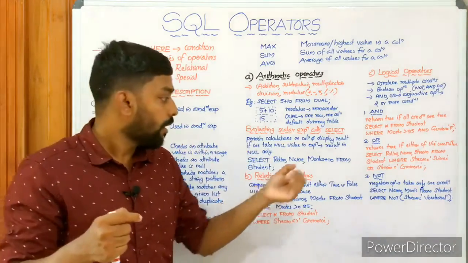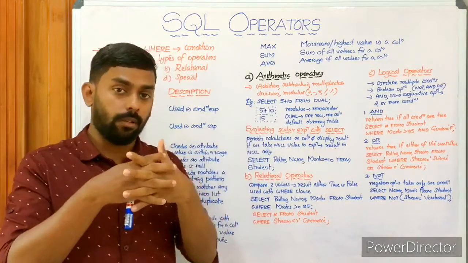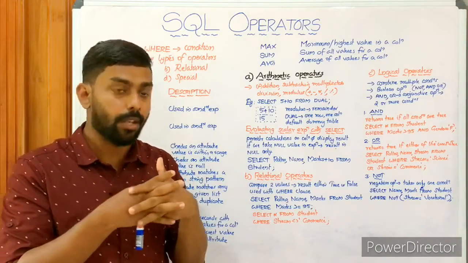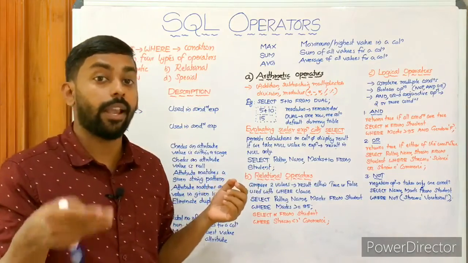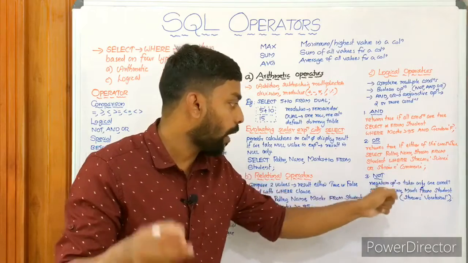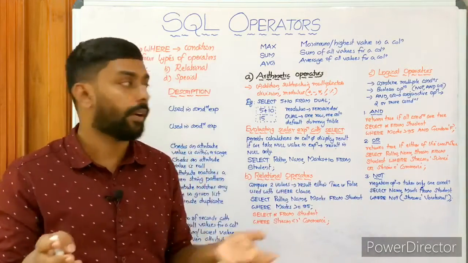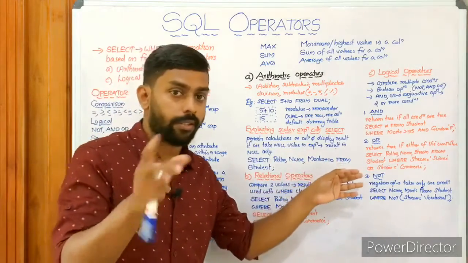Then finally we have NOT. We know AND and OR are conjunctive operators used to combine two expressions. NOT is used to negate a value. It's called the negation operator and takes only one condition. It's a unary operator, while AND and OR are binary operators. Why is it a unary operator? It takes only one condition.